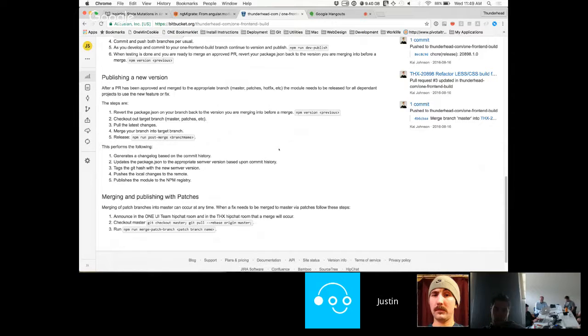And this is kind of telling you what it does. It gives us that change log which we wanted, so we can see what was changed. It updates the package JSON based on what you changed. If it's 13.0.0 and you added a new feature, it becomes 13.1.0. It tags it in Git, so we can say, oh okay, this is what that version correlates to, what commit on the branch, and then it pushes everything out.